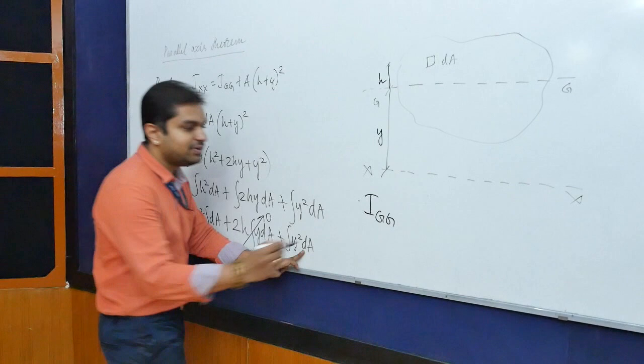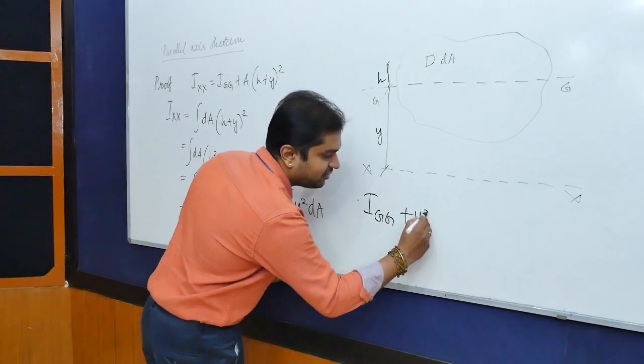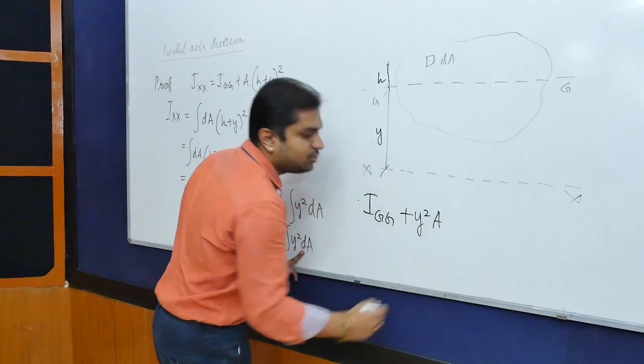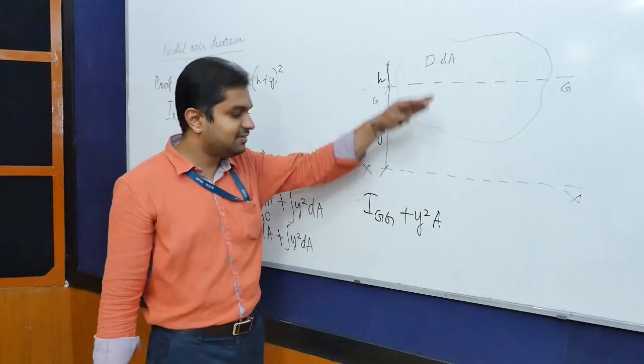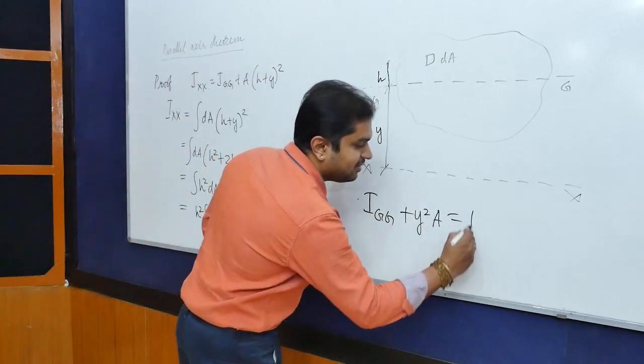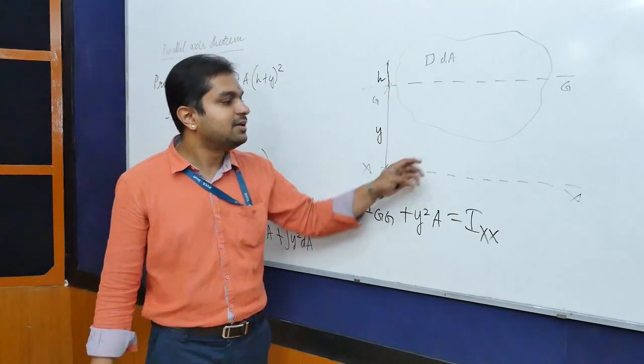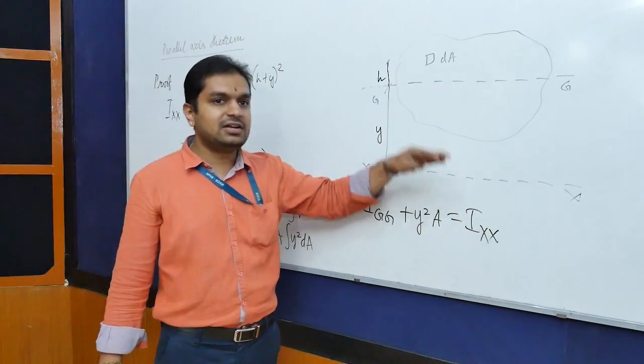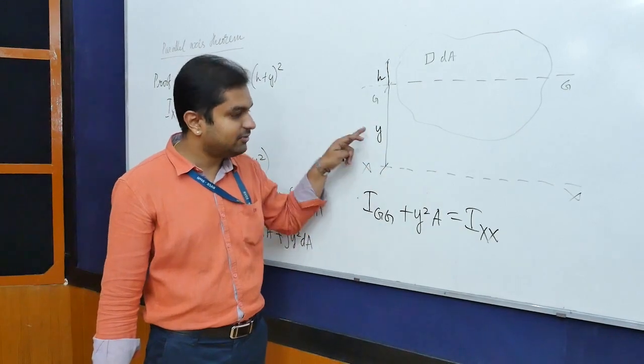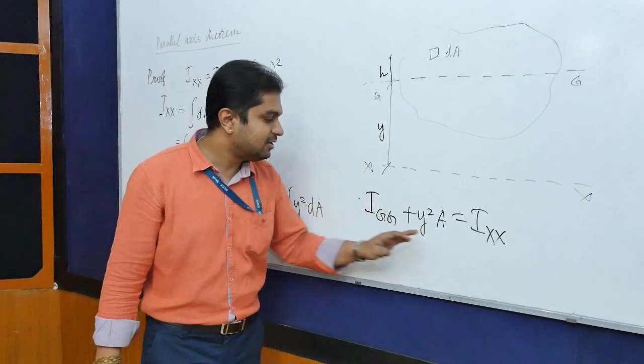So integral of y square dA, taking y square outside, integral of dA will be equal to A, since you are integrating the whole elemental strip for the area. So this gives us the final expression for IXX, which is the moment of inertia of this area about an axis parallel to the centroidal axis, away from the centroidal axis by a distance y, as IXX is equal to IGG,